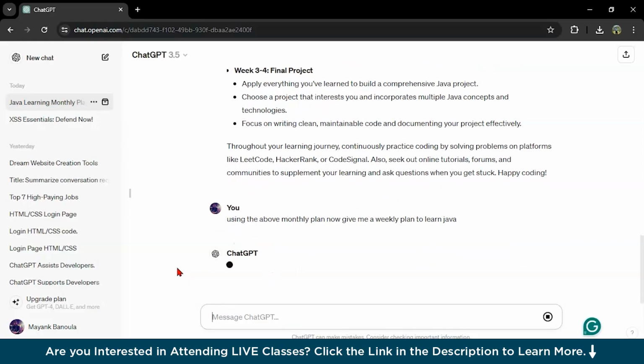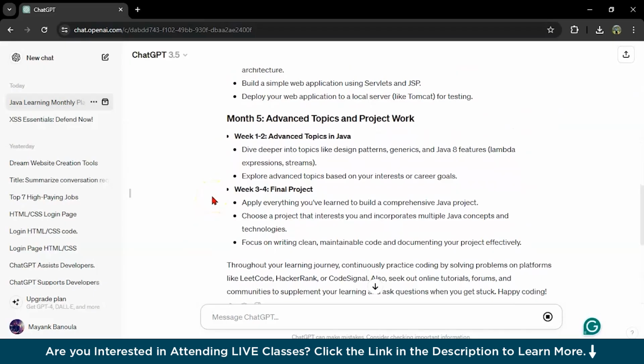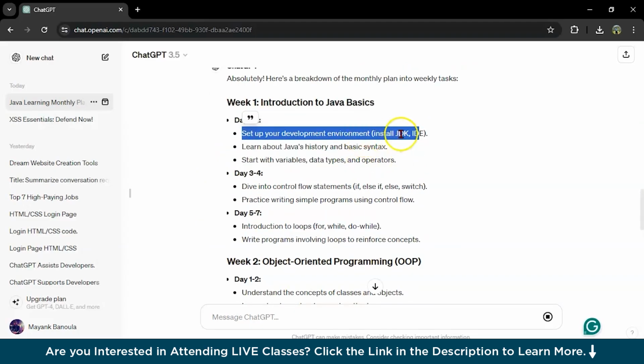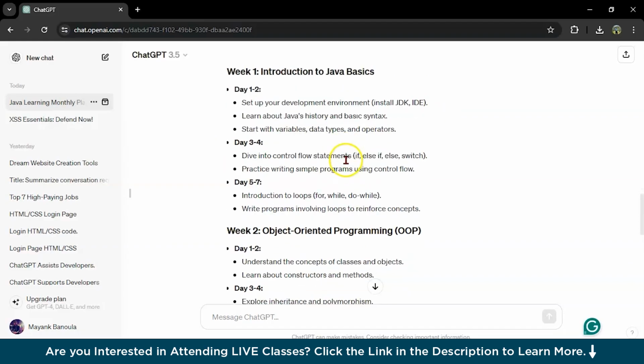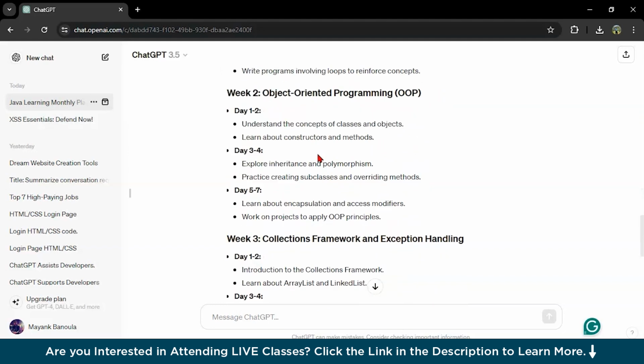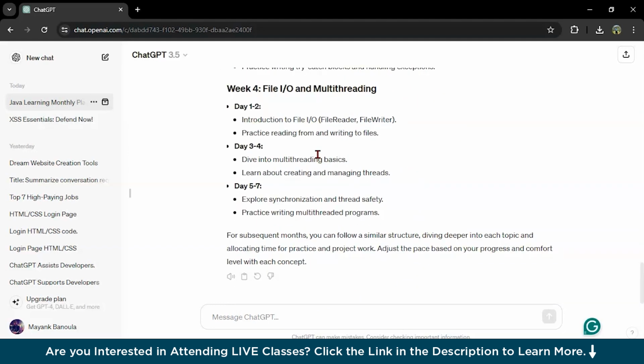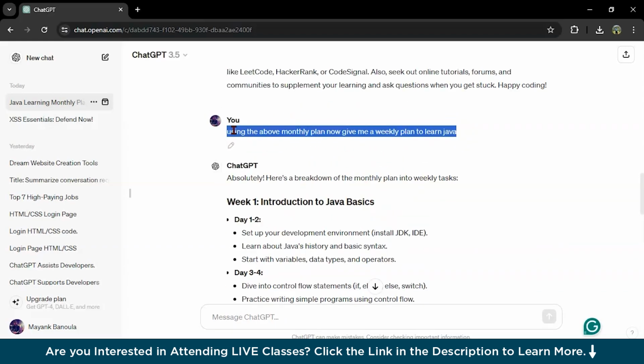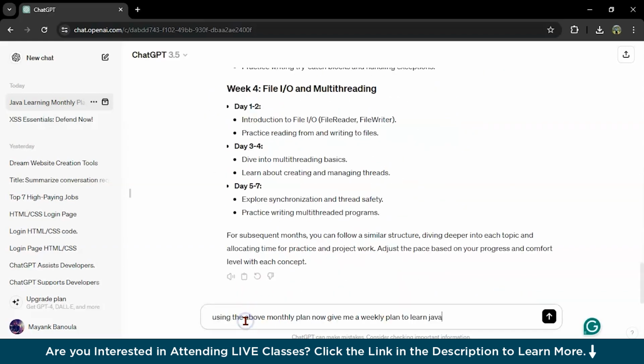Okay, so it will give me a weekly plan from this plan. In week 1, introduction to Java basics, setup development, and first you have to install the JDK, the Java Development Kit, into your IDE. Then start with variables, data types and operators, then day 3, then this, then week 2, then week 3, then week 4, like this. Then again I will write here, let me copy it from here and paste it here. So I will write, using the above weekly plan,